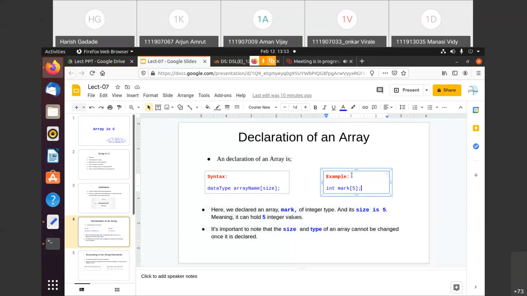If you want to change the type and size, you need to edit the declaration again. So once it is declared, it will not be changed. This is the declaration of an array. Whenever you use an array, you can declare it in this way. I think the declaration is very simple.